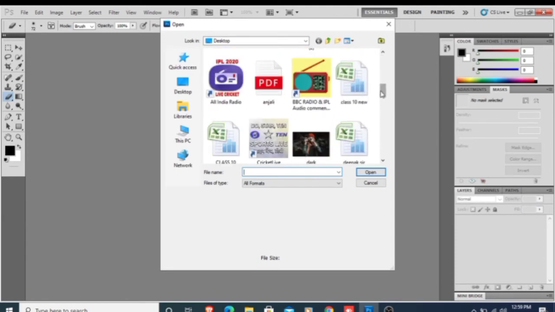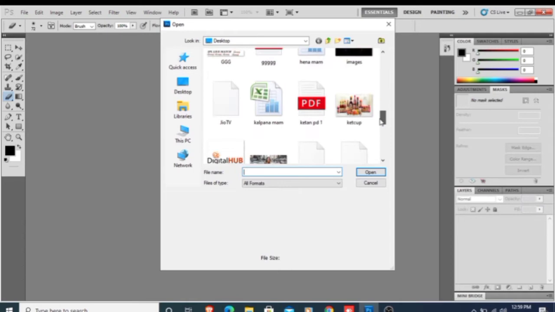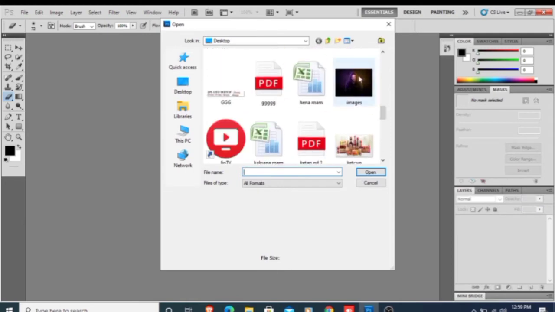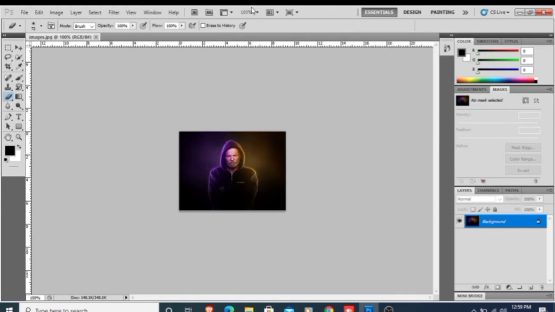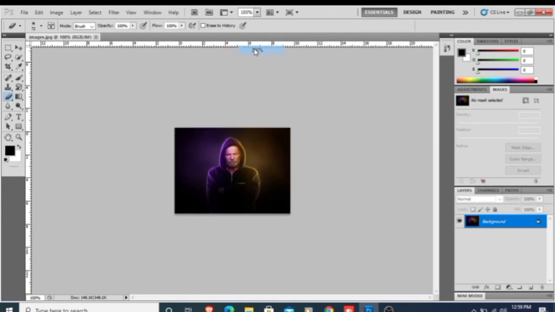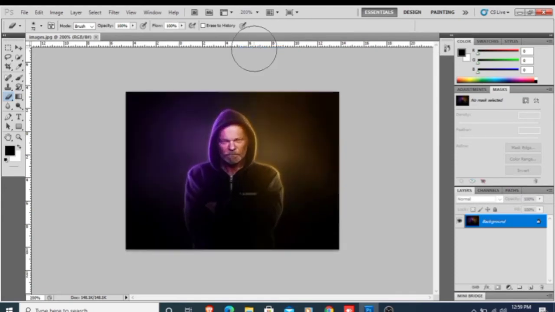I just have to open that. So this one is my darkened image. I just open it and I can zoom it. For this, first you have to create a duplicate layer, so that whatever changes you apply will never affect your original image.